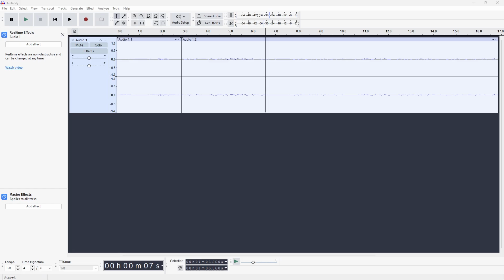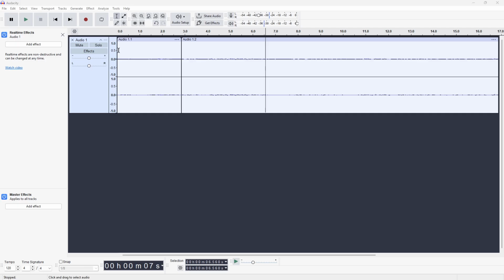First, open your track in the Audacity app. Launch Audacity, then load the audio you want to work on. You can open an existing project or bring in a single audio file. Once it appears as a waveform on the timeline, you're ready to edit. If you're working with multiple clips, make sure the correct track is selected so you're applying the fade exactly where